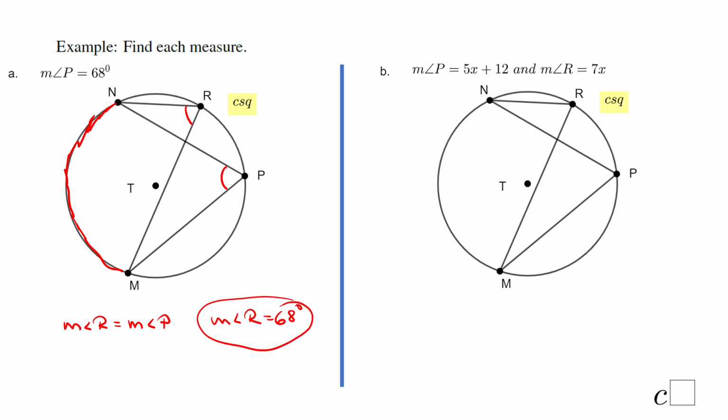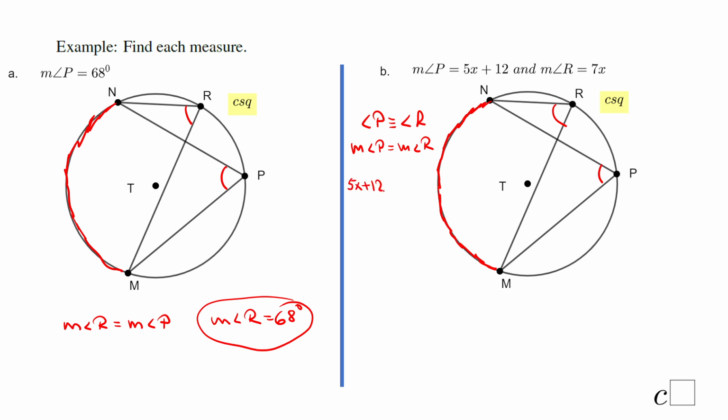Okay, on part B, very similar. We look into this problem, and what do we know about angle P and angle R? They are congruent. Why? They are inscribed angles, and guess what? They have the same intercept arc. So that's the reason these two angles are congruent. Angle P congruent to angle R, which means the measure of angle P equals the measure of angle R, which means the algebra is 5x